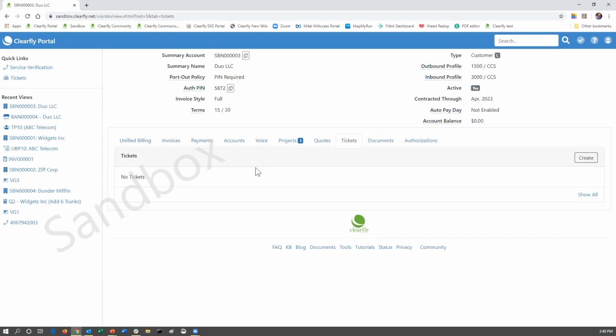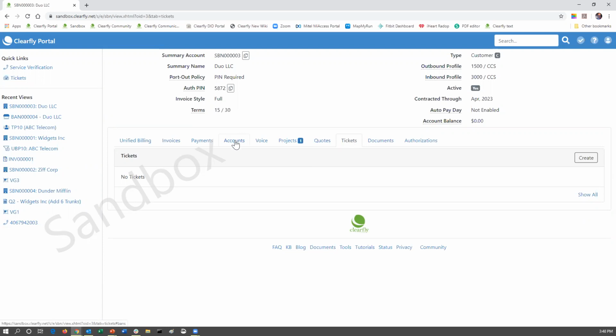And it really cuts down the number of questions that get generated from Clearfly back to you. And it also expedites the speed at which the ticket gets processed. So yes, you can definitely come to the Tickets tab, click Create, or try to get down to finite section